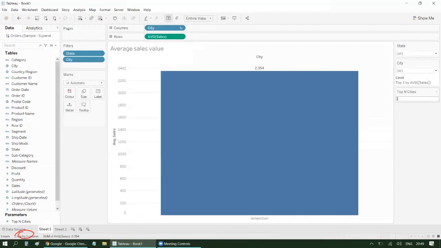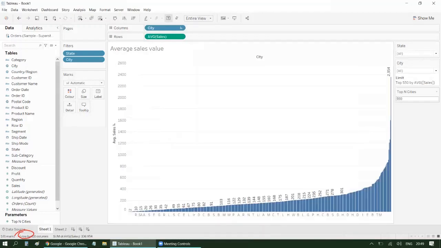Now go back. Let's say somebody is typing 550 here. As we know, in US, or at least in the data that has been given to you, there are only 531 cities, right? So definitely it cannot go beyond it, right? But this is somehow misleading to the user, right? So the user can type 1000 also, but it's not helpful, right? It's not helpful. So what you can do is you can change this option for the user.